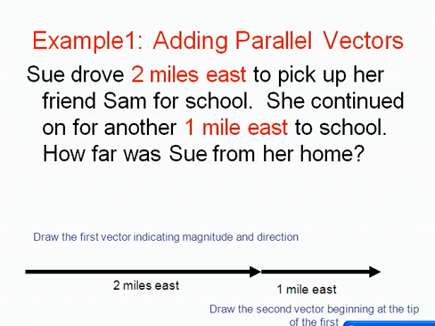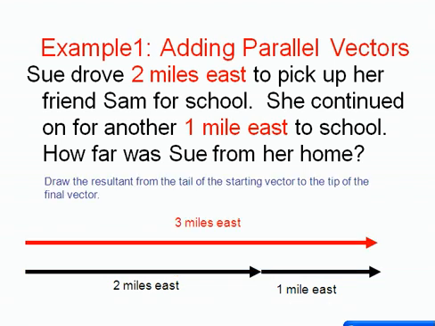Now let's look and see what happens when Sue drives 2 miles east to pick up Sam. So this would be her initial trip to pick up Sam, and then she's going to go another mile in the same direction to get to school. And so the second section of her trip, the tail of it right there, is added to the tip of the first arrow. Now they are added together, and let's take a look and see the